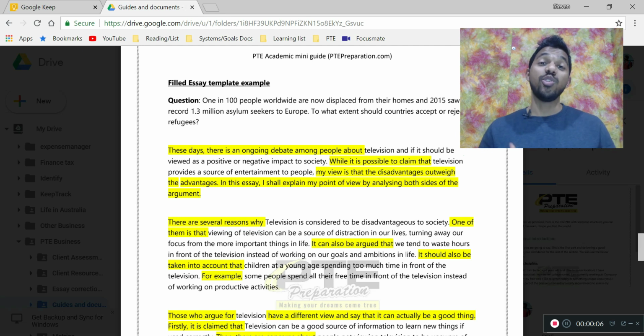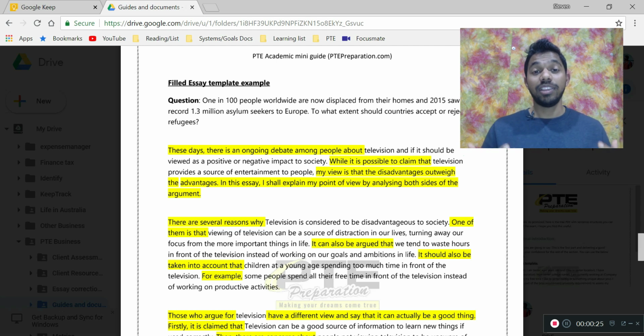And in today's video, we have a question on the essay section. So our friend is asking, is there a template that allows you to score more than 79 plus in the PTE Academic exam? Alright, so there is a template that allows you to score 79 plus. It's right in front of you and I'm going to share this with you. There'll be a link in the description that you can use.